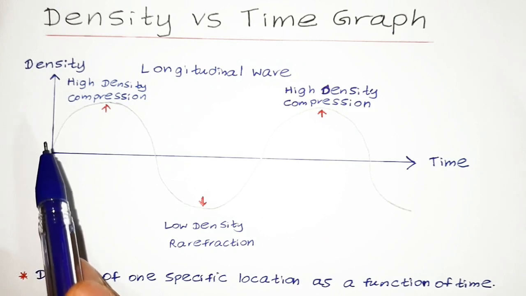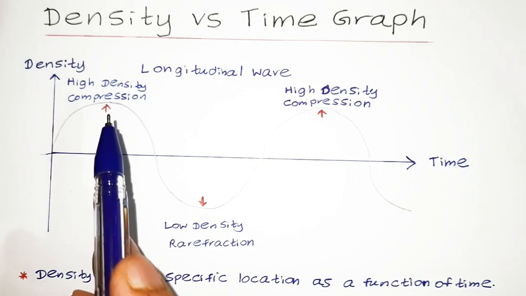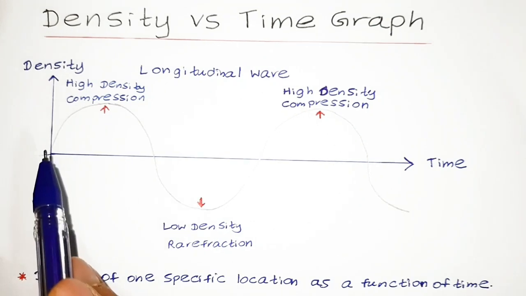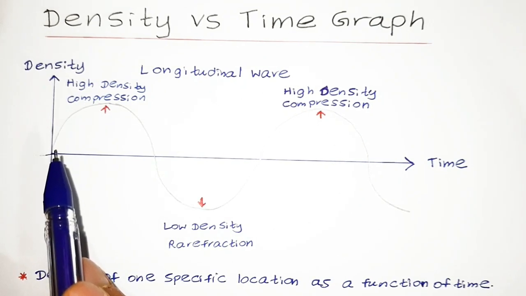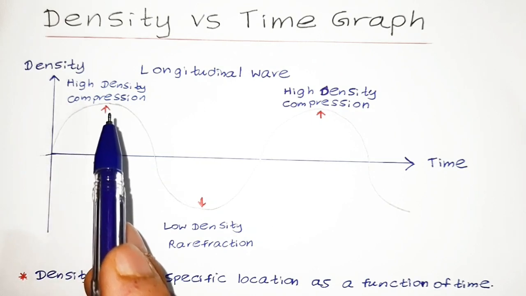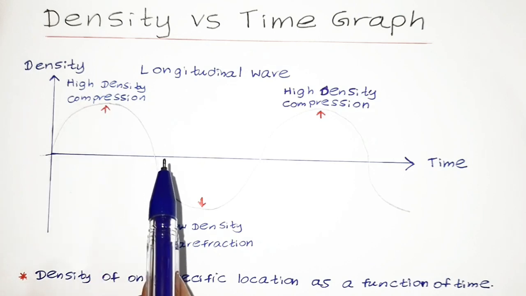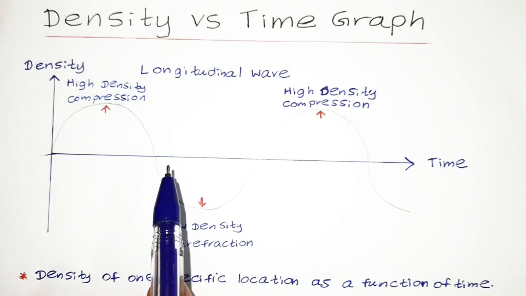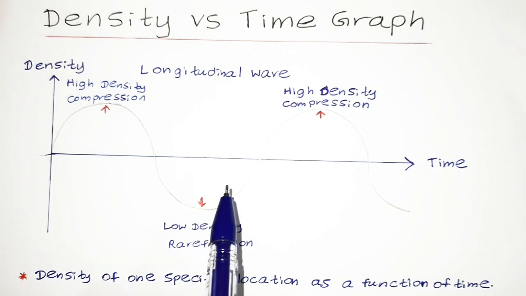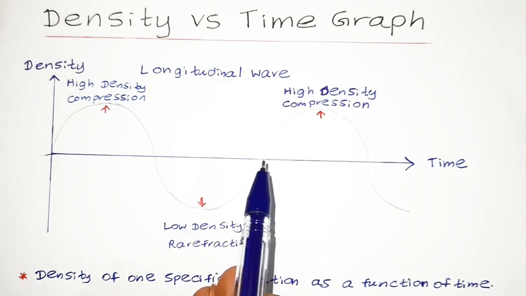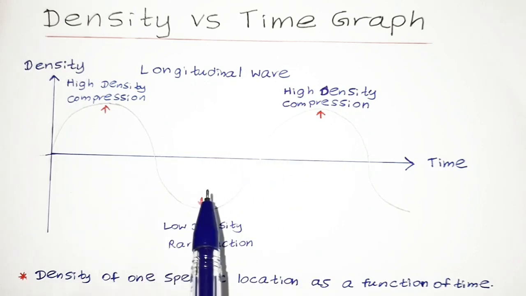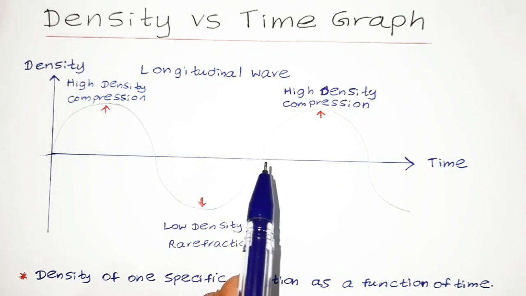So guys, if we consider a slinky, it would have a position where it is having a compression, and also there would be positions where it has rarefactions. When talking about the slinky, it can start from the equilibrium position. Afterwards, the density increases, and again the density goes back to the equilibrium position, and again the density would have the minimum density. Afterwards, again the density would increase, going back to the equilibrium position, and this motion would continue. Thereby, you would obtain this particular sine curve for the longitudinal mechanical waves.